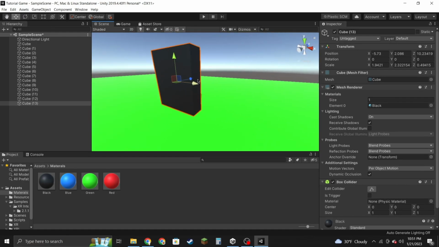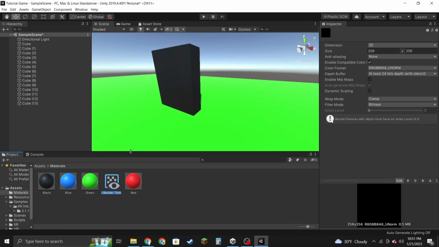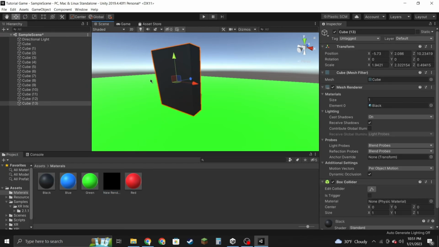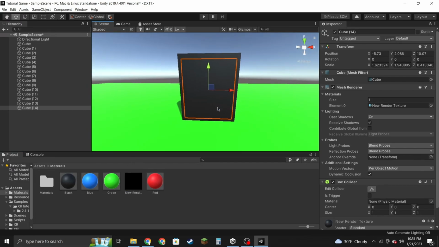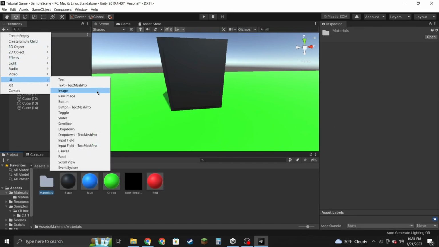Now, if it looks like this, we should get a render texture. Now you can press Ctrl D. It will be duplicated, and then you can put it like this. Now put the new render on it. It would look like nothing, but we must make